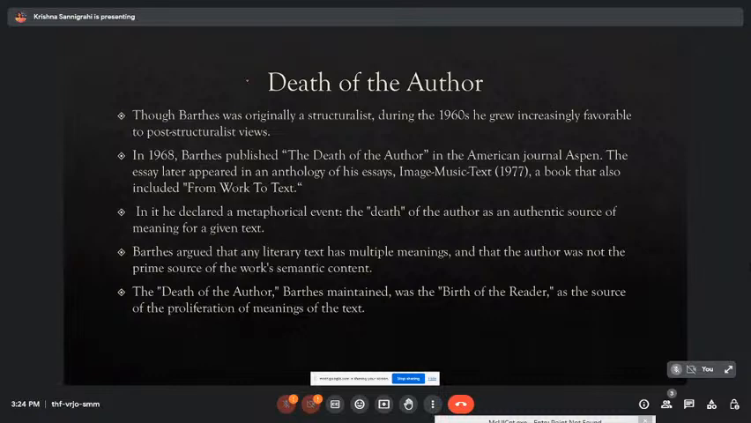One of the very important aspects which we were talking about when we were studying the